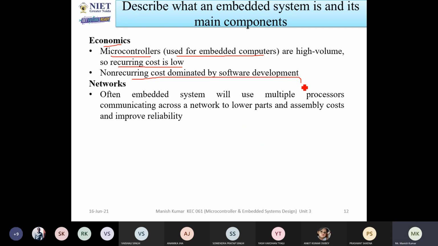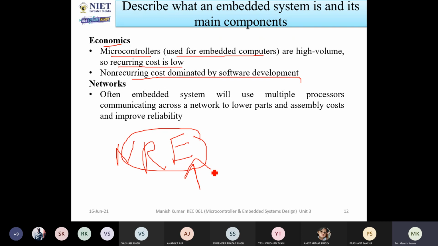Now we can see there are two types of cost. One is called direct cost, or you can say the recurring cost, and one is called non-recurring. And also one is called non-recurring engineering cost, that is called NRE. So this cost will be defined by the company which is spent earlier. It means that before designing the product.